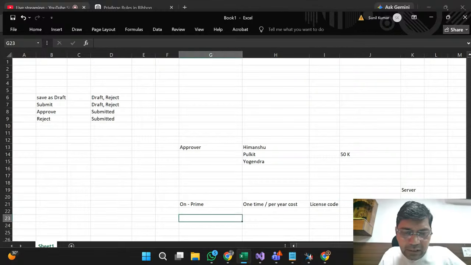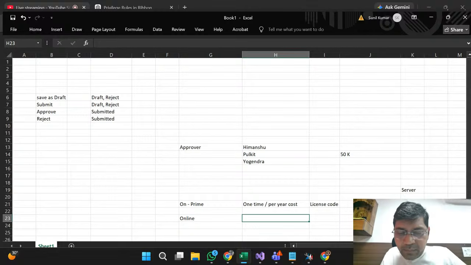But in online, Microsoft has a different model. They will charge per user per month, based on the licensing type. That is the license cost. And also